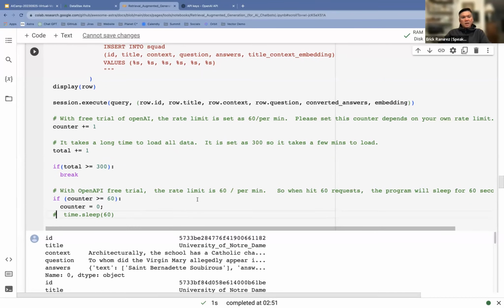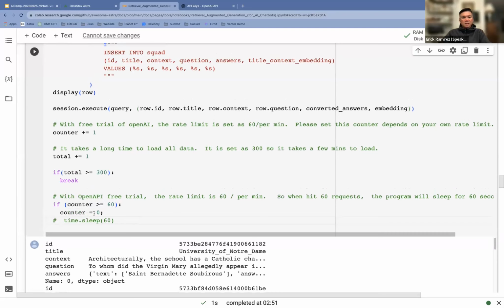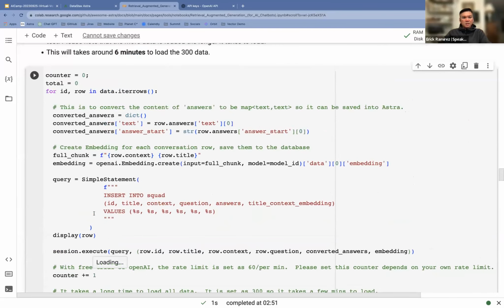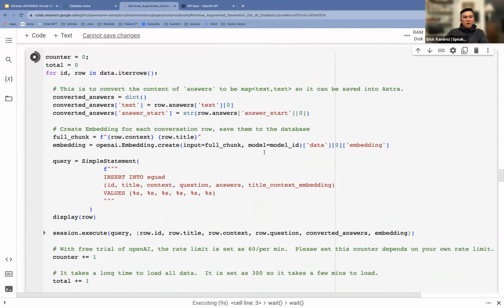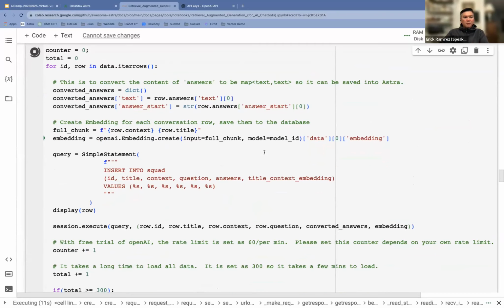Because I've got a paid account, I don't have the rate limit, so I'm gonna disable this throttle that sleeps for 60 seconds. So I'm gonna run that just to insert the data. All we're doing at the moment is preloading the data into the database, so that we can do vector search against it, just so we've got data in the table.